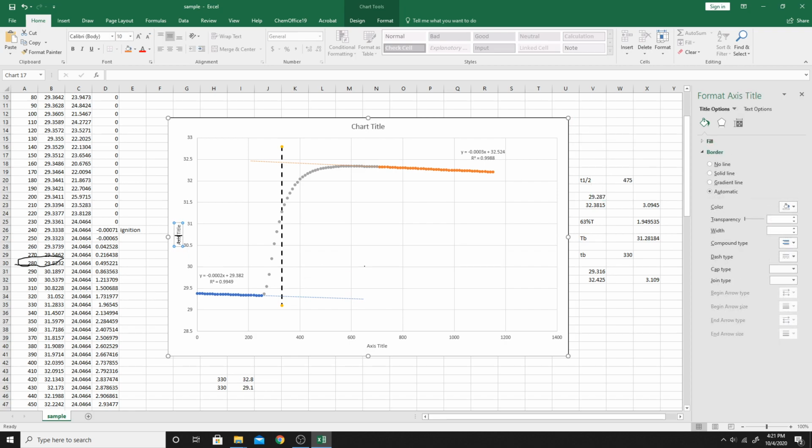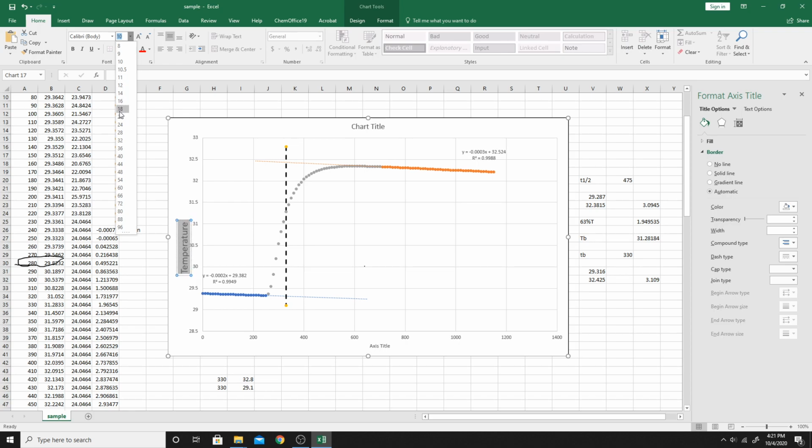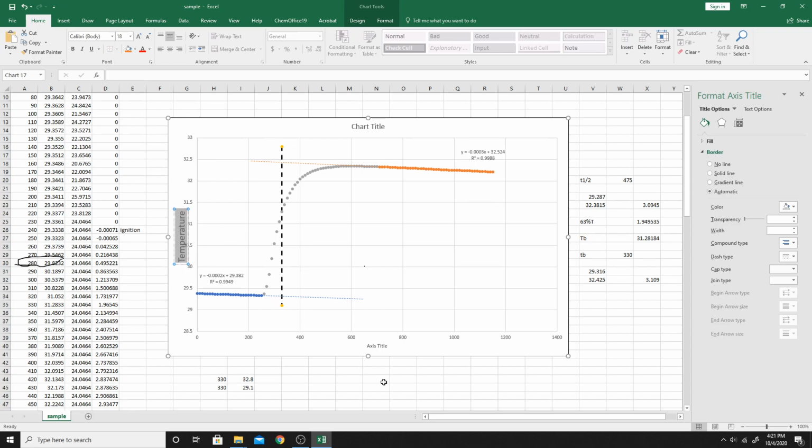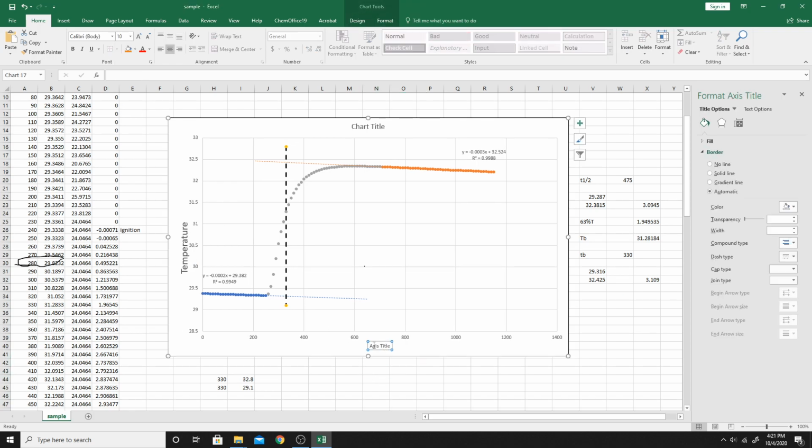So here change to temperature, and make it larger. Let's say 18. Okay, so that's temperature, and this is time,